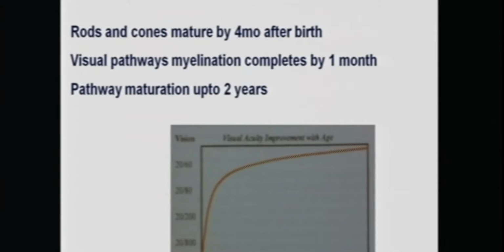The development of vision is also not complete at birth. Rods and cones mature by 4 months after birth, and visual myelination continues after birth. Complete maturation of the pathway with complete myelination takes up to 2 years. So it's not that a child is born with complete 6/6 vision. It may take up to 2 years, depending upon the way we are measuring visual acuity, that we would get